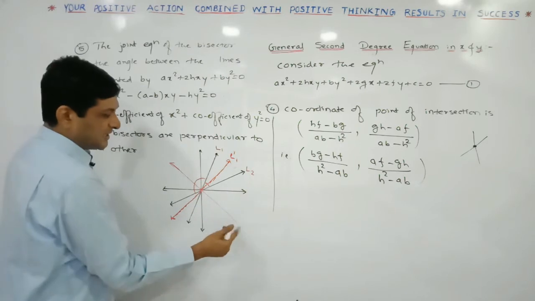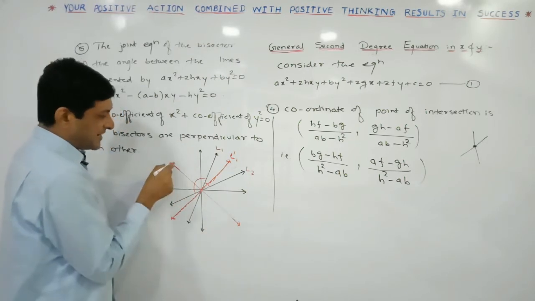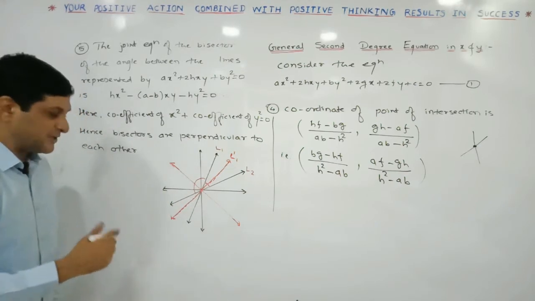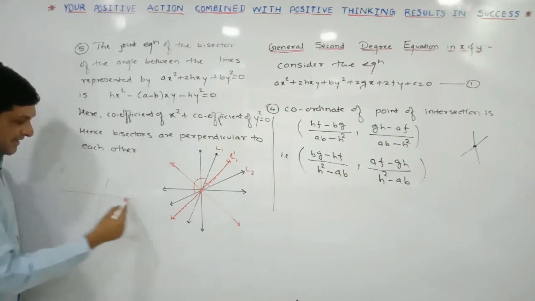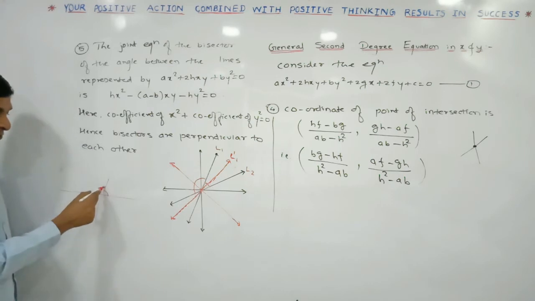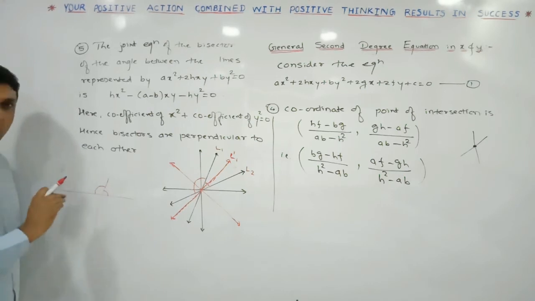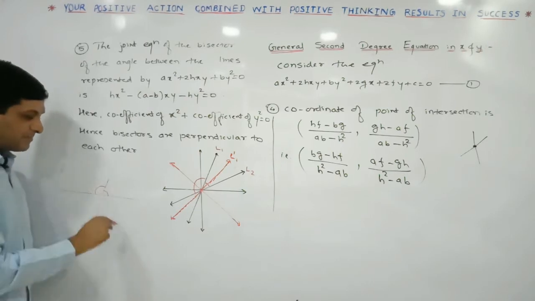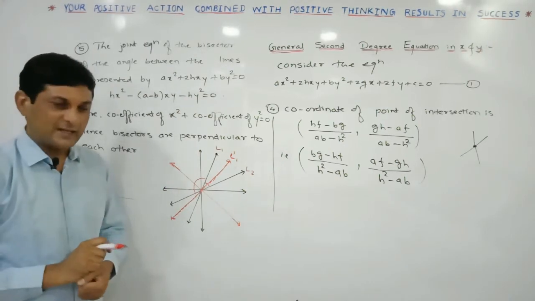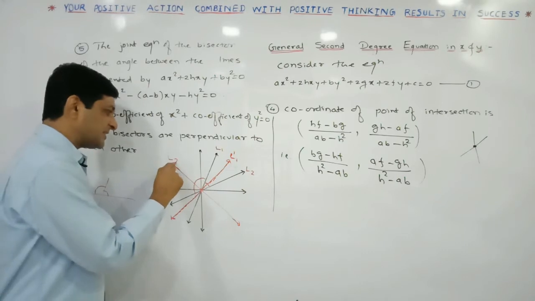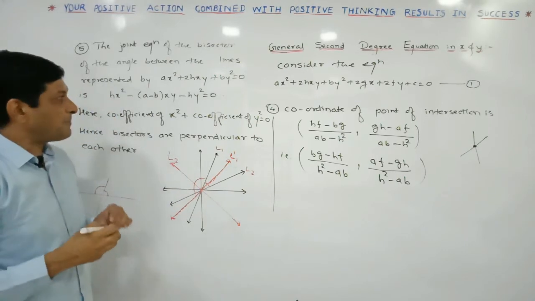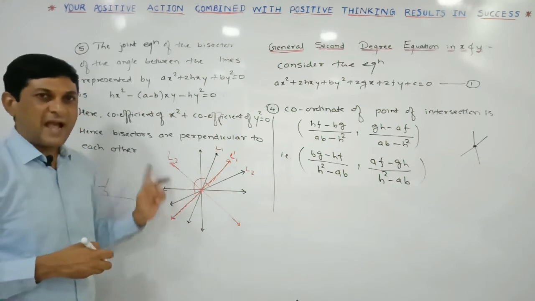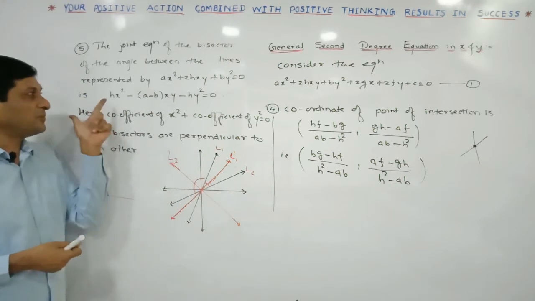Okay, so if the lines are not perpendicular, then definitely one angle is acute and the other angle is obtuse. So if one angle between the two lines is acute, the other angle is obtuse. So one angle bisector is of the acute angle and the other is of the obtuse angle. Let us denote this angle bisector by L2 dash, and applying this formula we are able to find the combined equation of these angle bisectors. So what is that formula?